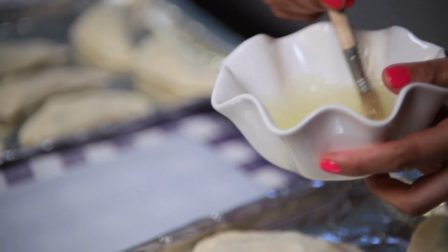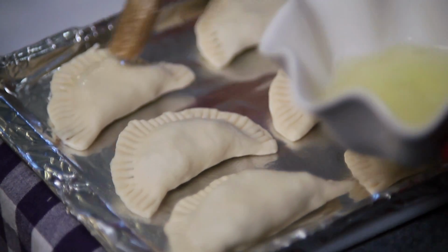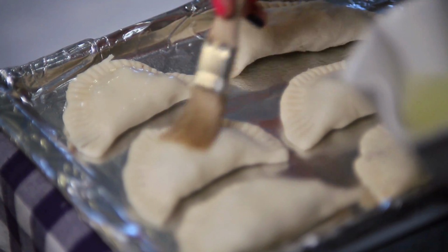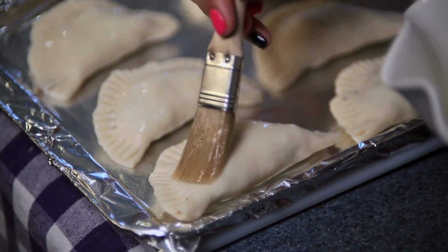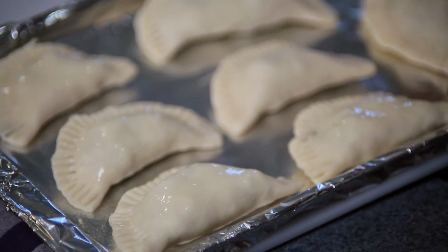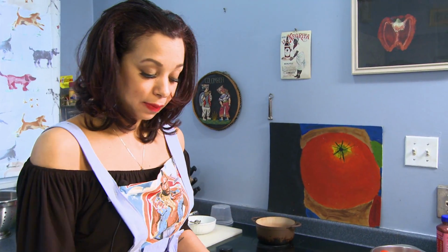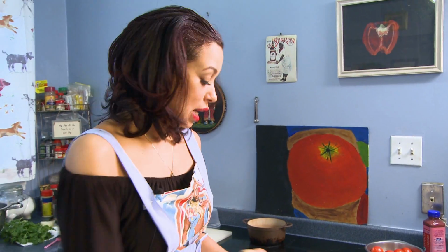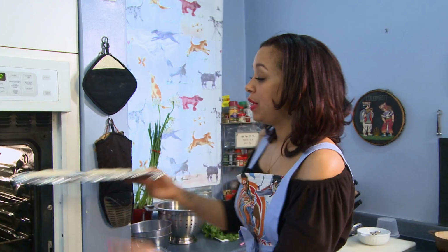Okay, so I'm just going to soak my brush in a little bit, tap it off, and I'm going to baste them. Now you don't want to put too much on because this is part egg, and you don't want it to get like a little omelette-y, egg white scrambly stuff on the edge of your empanadas. So now that I got this nice even coat on, my oven has already been preheated to 400 degrees. And I'm going to put these in and let them bake